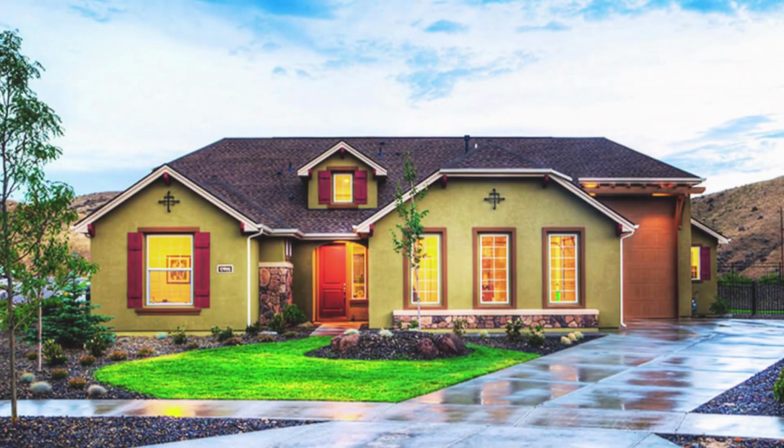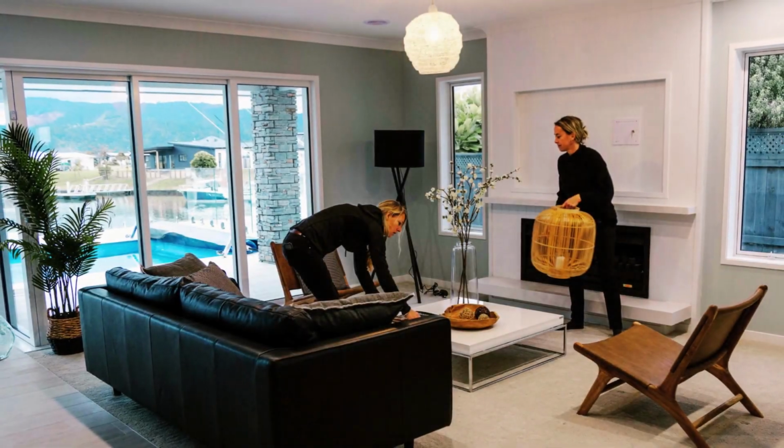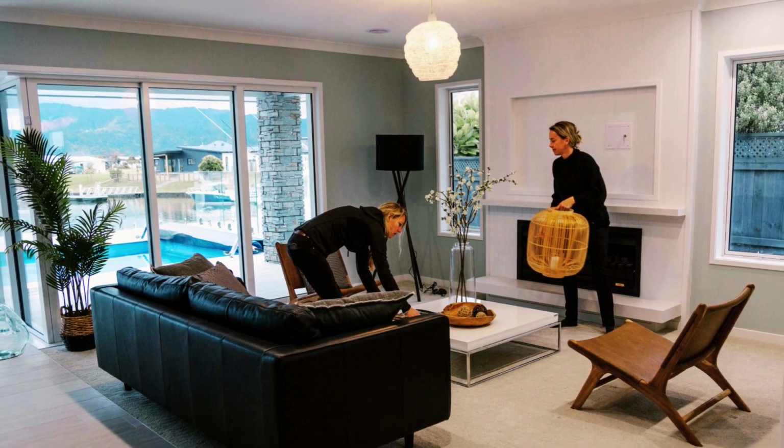What else could you do as a seller to make your listing more exciting to buyers compared to the rest? There's lots of things. It's not like you can just put it on the market now and just hope it'll sell and not do anything, don't clean up, don't put a sharp price on it. Now it starts at the curb. Now may be the time that you want to get some staging done. You don't have to pay a lot for staging. There's a lot of staging you can do yourself, and the staging begins at the